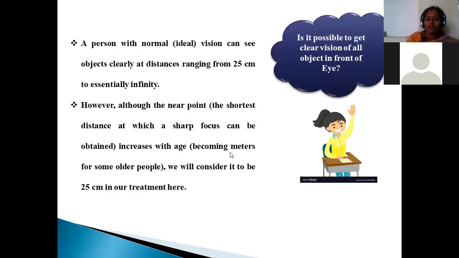Based on that, it is possible that small children, up to 8 to 10 centimeters distance only, will have clear vision. So this is what normal human beings are able to see at the distance of 25 centimeters. Old age people are able to see up to 1 to 2 meters distance. So this is about the normal visionary distance. So 25 centimeters is the optimized distance of human vision.